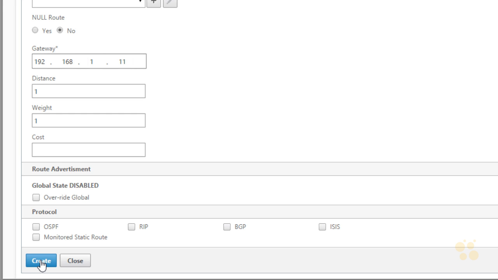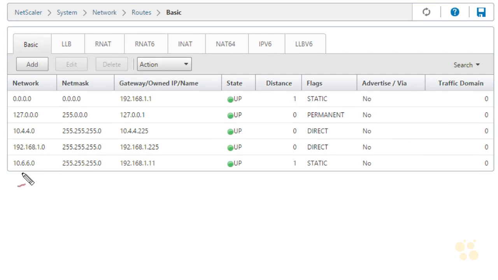And we also have some options for dynamic routing protocols as well, where we can interact with other routers who are speaking that same protocol to dynamically exchange routes back and forth with other routers. In our case, we're just creating a simple static route, so we'll click on Create. And now, here's our new static route that says to get to 10.6.6, the next hop is 192.168.1.11, and that next hop is reachable